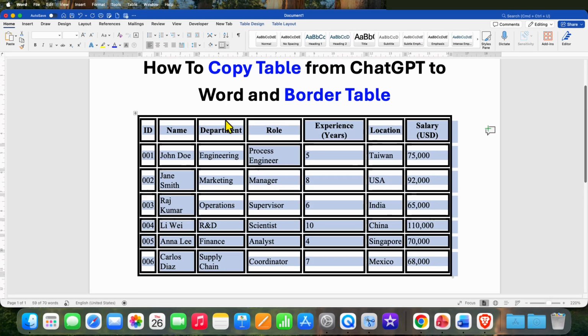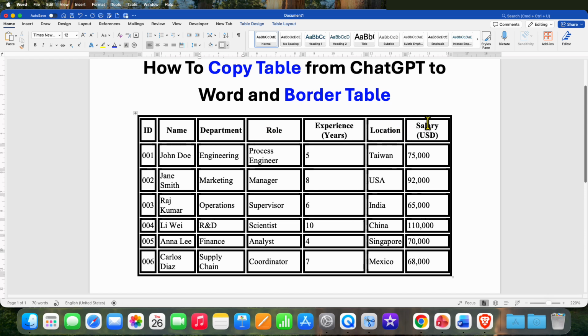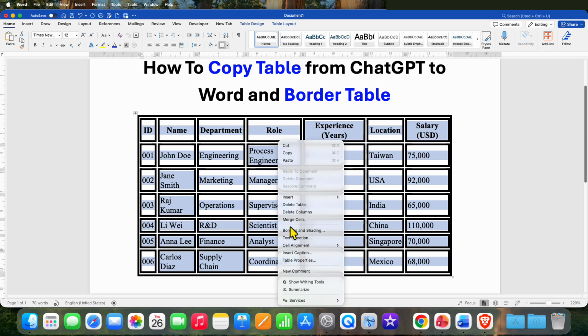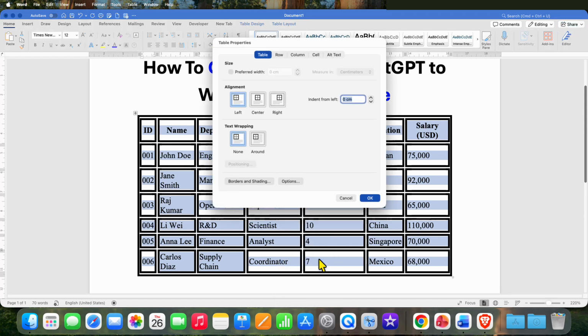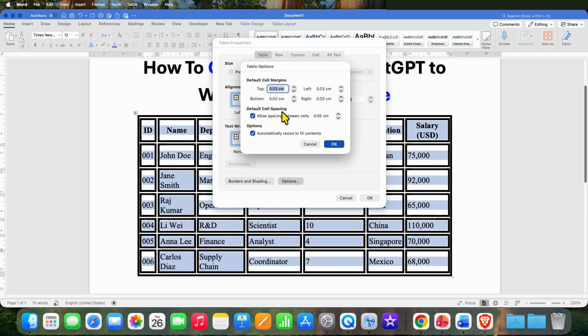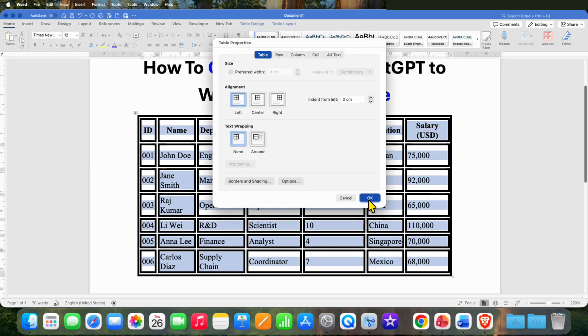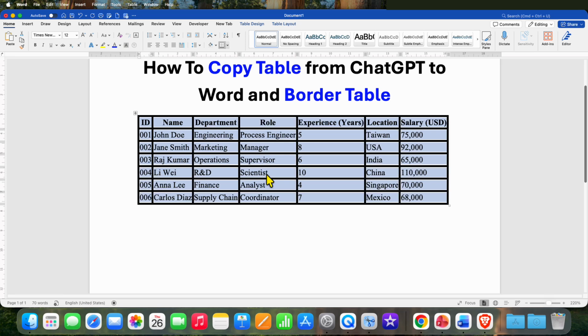Now we have a border, but the problem is this is a double border, and to make it a normal border, just select the table, go to the table properties. This time go to options, and under the default cell spacing, we just have to untick this option, allow spacing between cells. Untick this option, click on OK and then click on OK to get the normal table with the